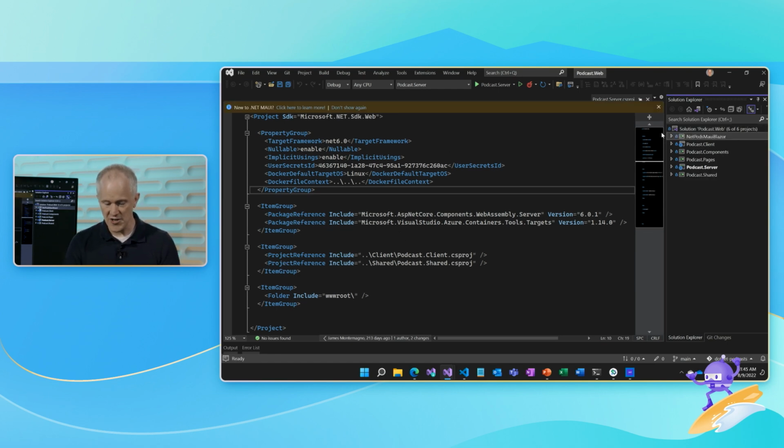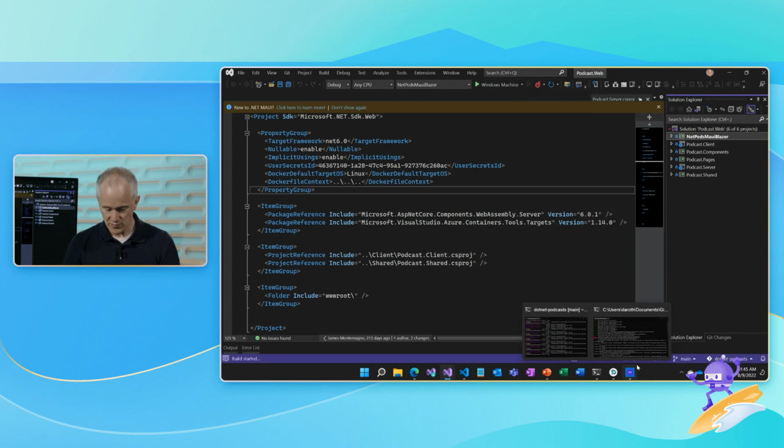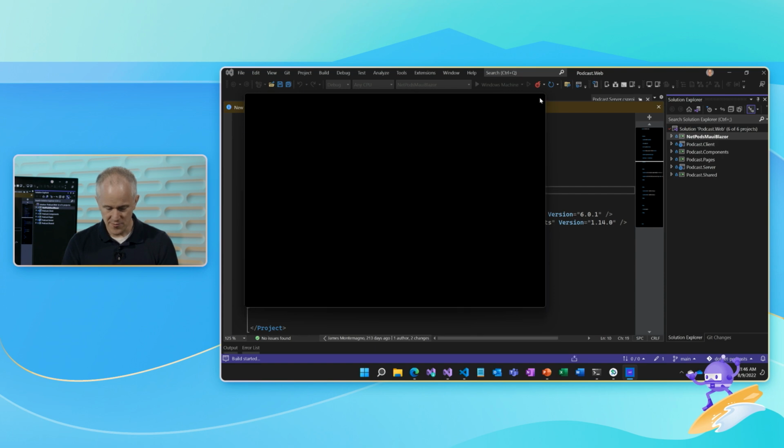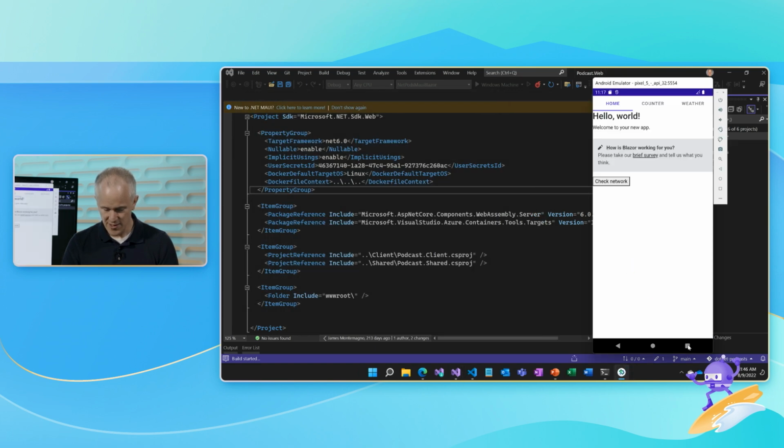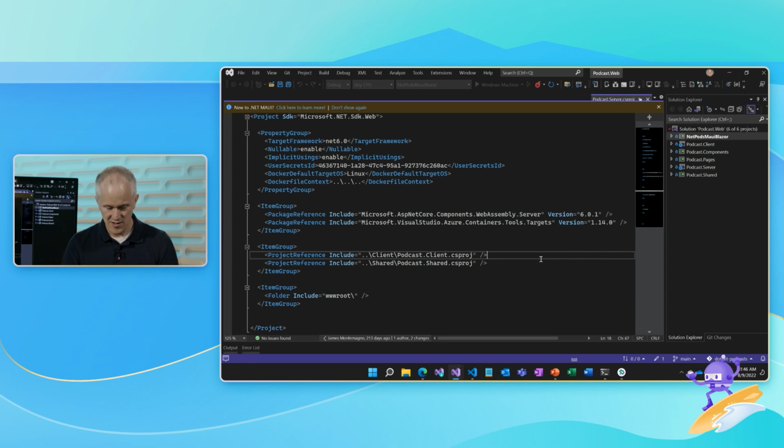Cool. So now we have a .NET MAUI project in our solution. Let's switch to that to be the one we're going to run. And we should now be able to run on Windows or on Android. Let's start with Windows. I think we can close our previous application that we were playing around with. No longer need that. This should just take a second while it builds and it deploys the app.